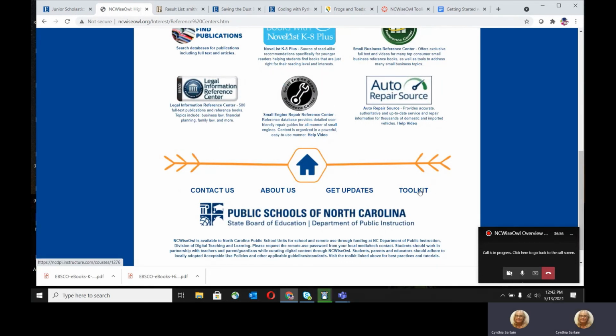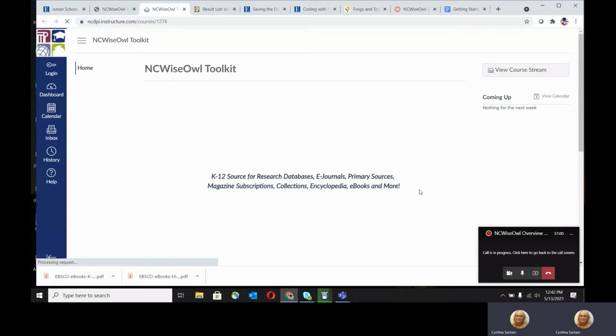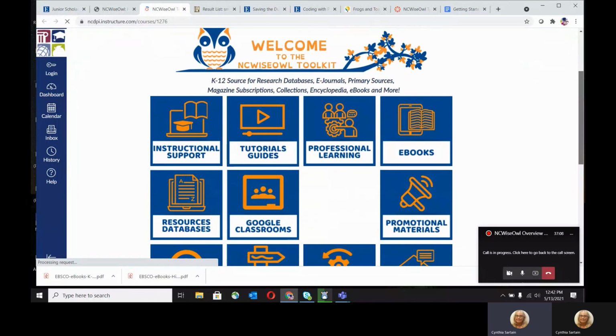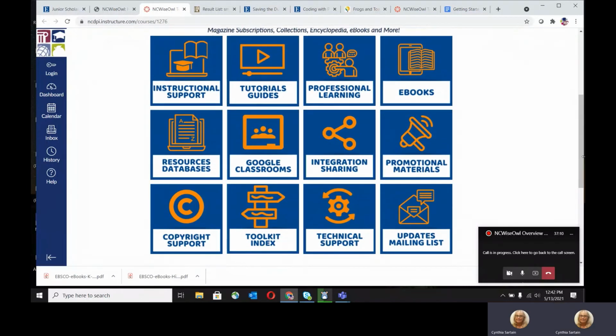All I have to do is click toolkit. It's on every page at the lower right corner. We have the toolkit. And you can see the different areas that are available, the different sections. You can get instructional support. There are tutorials and guides. There's professional learning with